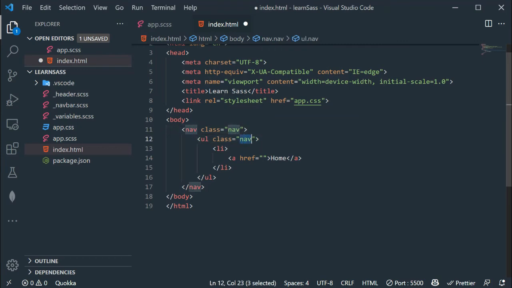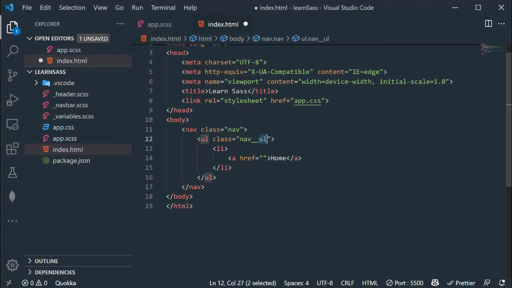After the nav we have to add underscore. Instead of double underscores you can add single underscore as well, but in my case I'm going to add double underscores. After the underscores we have to add ul. Instead of ul you can add abc whatever you want, but in my case ul.